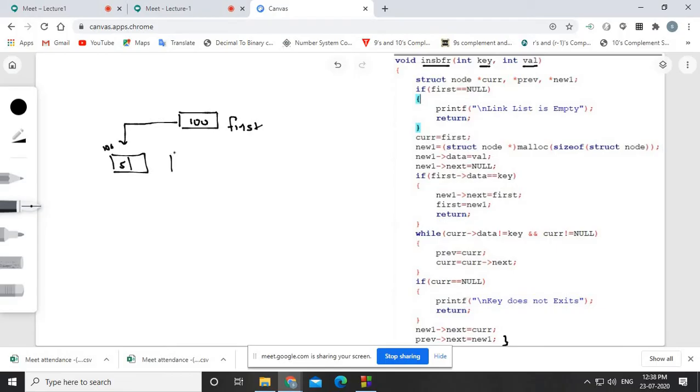Here we have another node, suppose at address 200, then here we have the third node. Suppose this is 300, and 15 is there. This is the last node, the fourth node, suppose at 400. This is the last node, so obviously its next part is null.